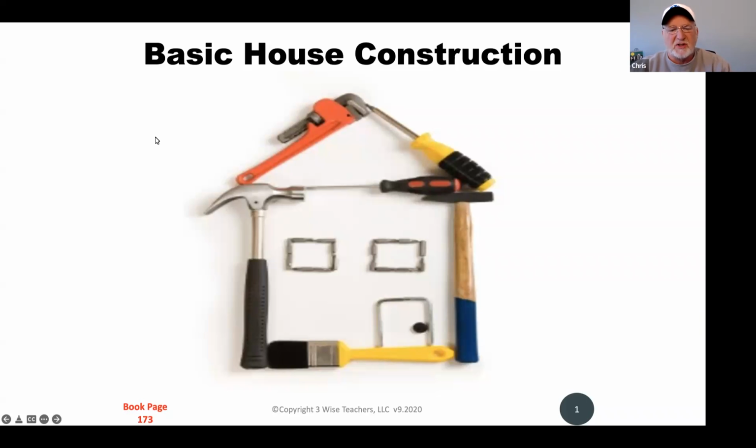Basic house construction. This chapter is basically a take-home chapter. It's only a couple of pages in your book, starting on page 179. It'll have some good pictures in it. Don't worry about the quality of the pictures. Just focus on what it is that you need to know. This should get you an easy 1 or 2 points on the exam. I wish it was more, but historically it's only 1 or 2.